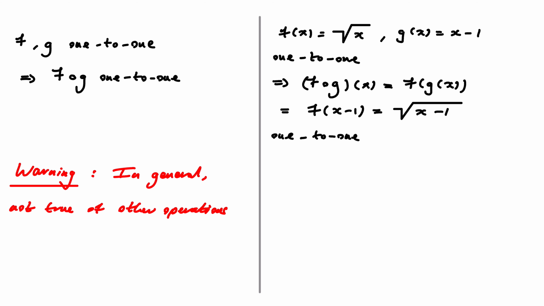Adding, taking away, multiplying, dividing does not preserve one-to-one or anything like that. So let's just do an example. If I have f of x is equal to x, that's one-to-one, and g of x is equal to 1 minus x, again, both of these are one-to-one,